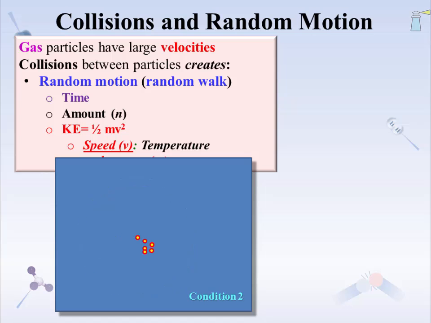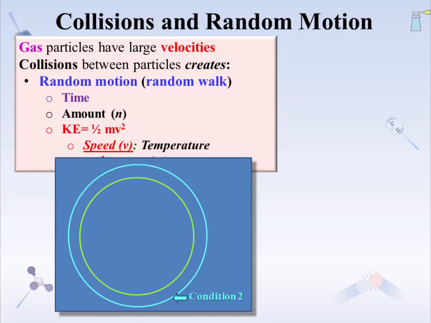Now we change conditions, condition 2, and we reset the particles to their original position. Being only concerned with the final position of the particles after the random walk, we see a new distribution or spread of particles. This circle represents the boundary of the spread at condition 2. Removing the particles and only focusing on the spread, we have the spread at condition 2 and the spread at condition 1. With these two spreads, we can ask how factors of time, speed, and mass affect distribution, starting with